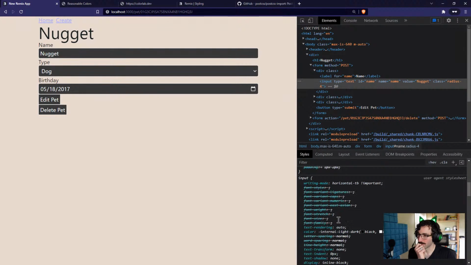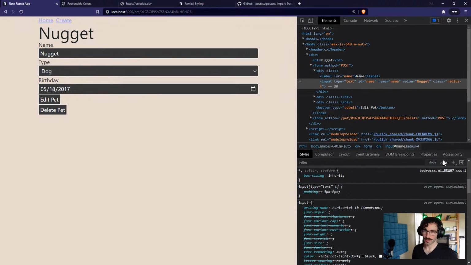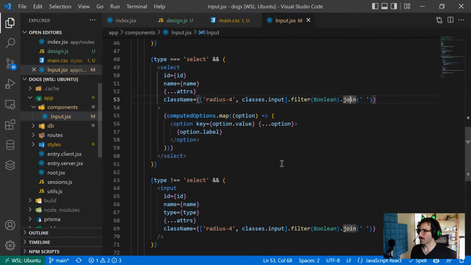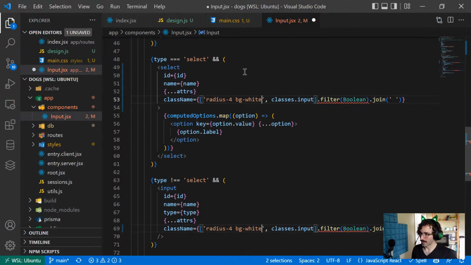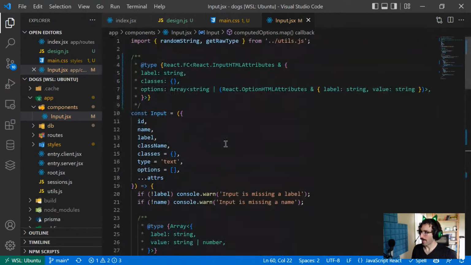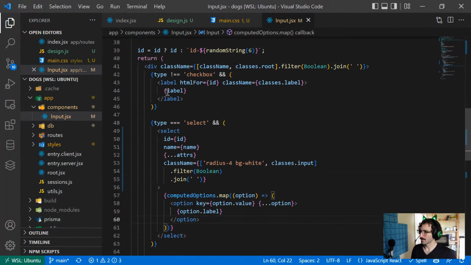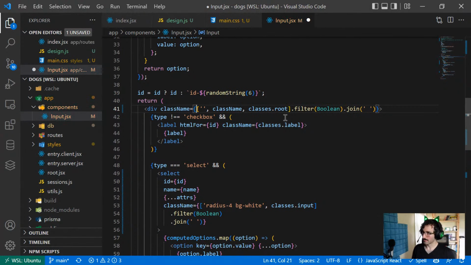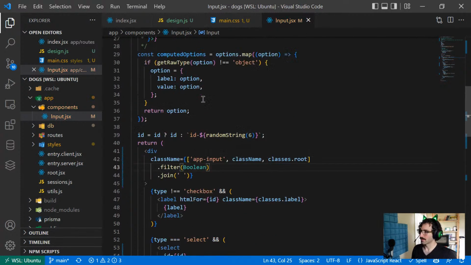Okay, color is still coming from user agent styles. So I want those to have a background of white and I want those to inherit the color. So inputs, background white, but then I need to have some custom CSS for these. So this is going to have a class name of app input, and